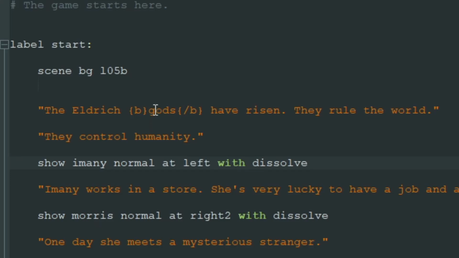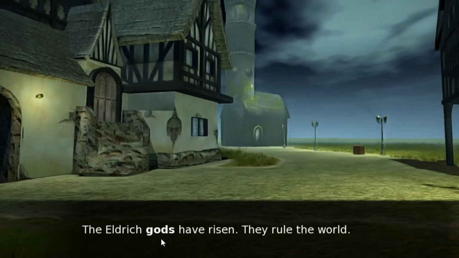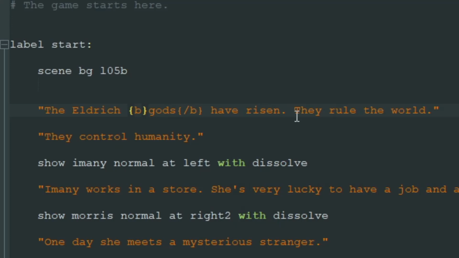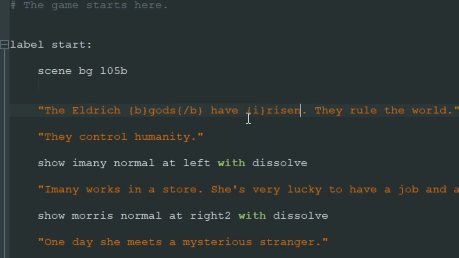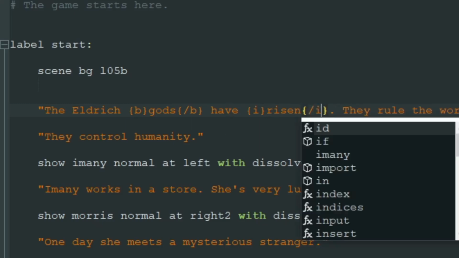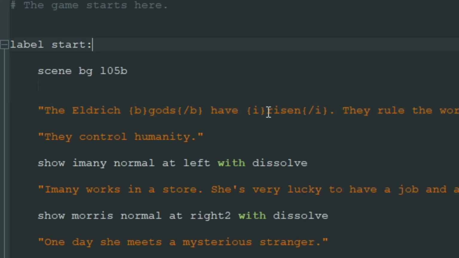And as you can guess, the text between these two tags will be bold. So this God's word will be bold if we run the game. Let's see. Yeah, this is absolutely nice. And the other tag is italic, and as you can guess, it's curly brackets i. And to indicate where italic text ends, we put slash i in curly brackets, and the horizon word will be italic,